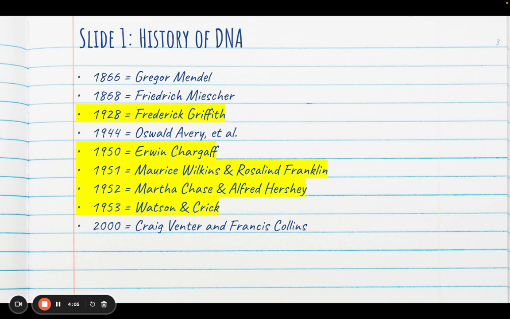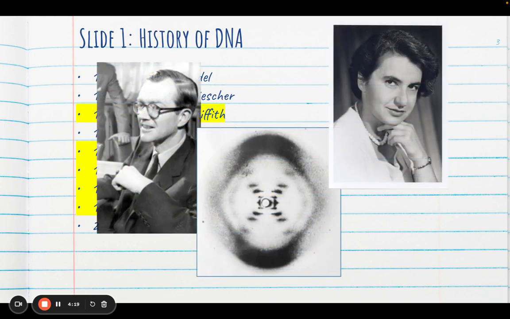Erwin Chargaff made a great discovery in regards to the rules of base pairing, which we talk about on another slide. However, it is important to note that his discovery guided the discoveries made by Wilkins and Franklin, as well as Watson and Crick. Rosalind Franklin and her partner, Maurice Wilkins, are credited with discovering the basic dimensions of DNA strands from high-resolution photos of crystallized DNA fibers using X-ray crystallography. They also determined that phosphates made up the outside of the structure of the DNA molecule.